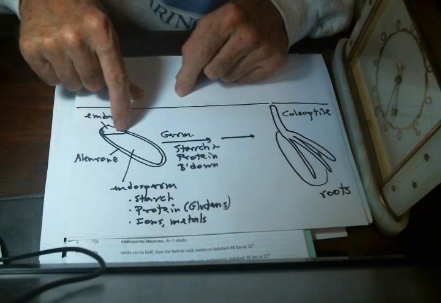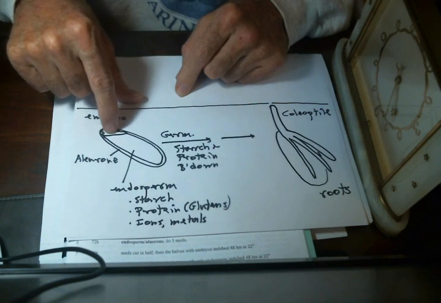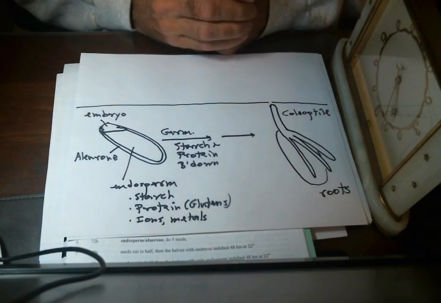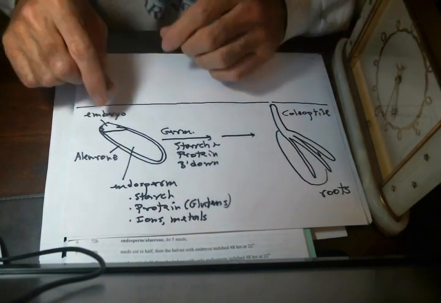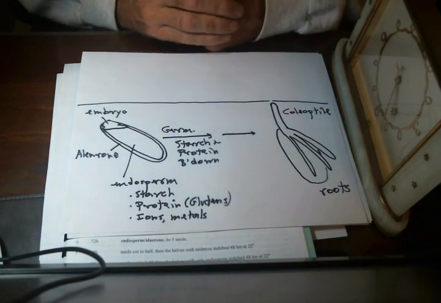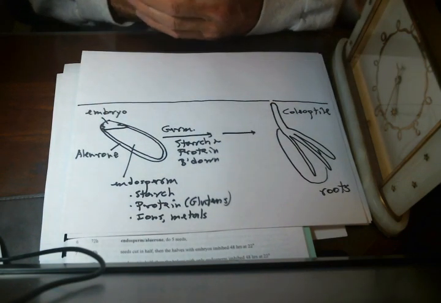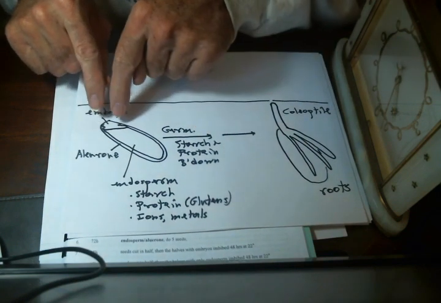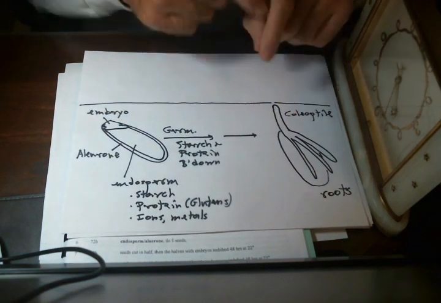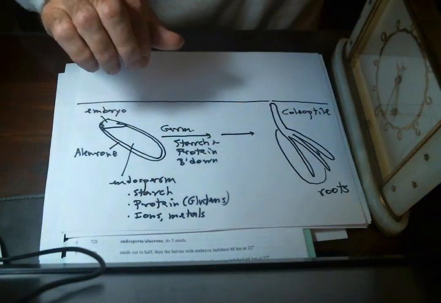Those simple subunits are then absorbed by a specialized structure here called the scutellum. That's part of the embryo. And if you want to think of it analogously, it's sort of like a placenta in a vertebrate fetus. All right, so it's an absorptive tissue, and its major job is to take up subunits that are released from the starchy endosperm as the hydrolysis of those stored reserves takes place. So after a pretty short time, you go from this quiescent, non-metabolizing dry seed into a young seedling. That's the basic process of germination, and those are the tissues that we're interested in